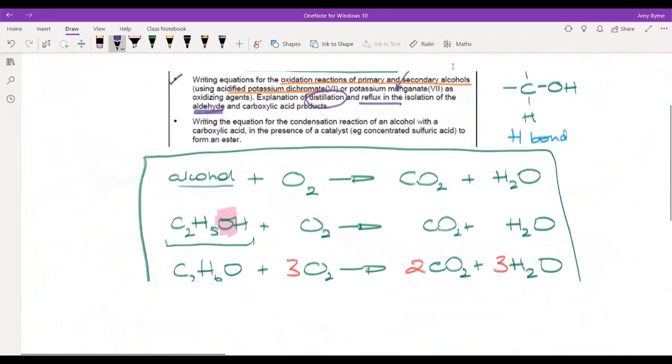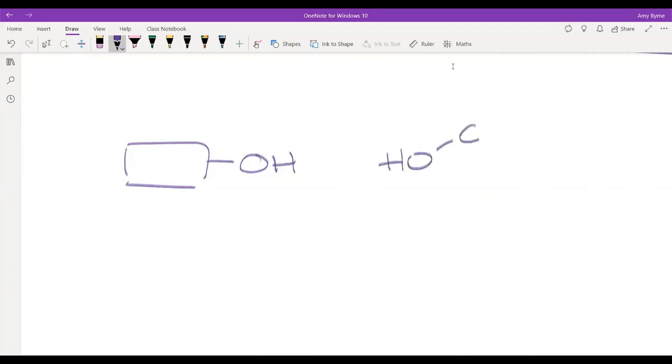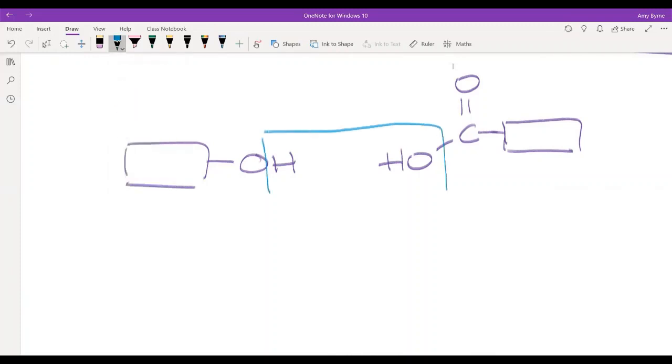Let's talk about formation of esters. So for esters, and biology people and or people who are studying biochem as an option, this will be familiar to you. But in order to form an ester, I need one molecule with a hydroxyl on the end and one molecule with a carboxyl on the end. And I'm just going to do boxes to show the continuation of those molecules. So it is a condensation reaction, so I will draw in blue. So a water molecule is generated,